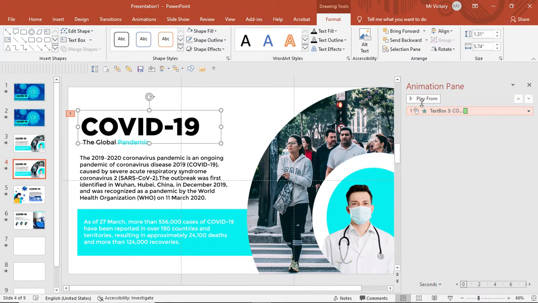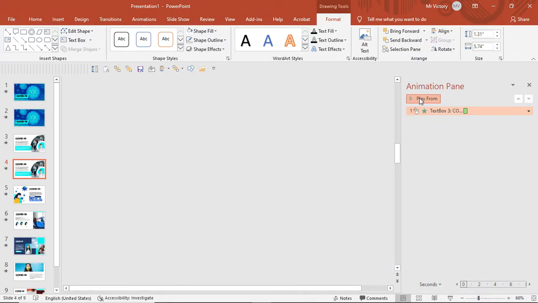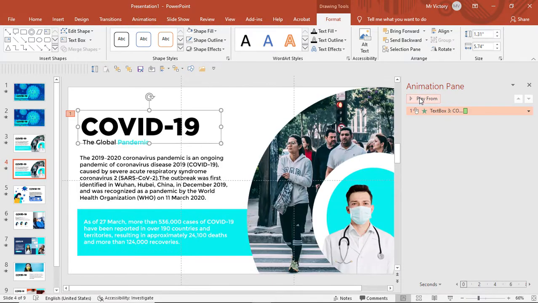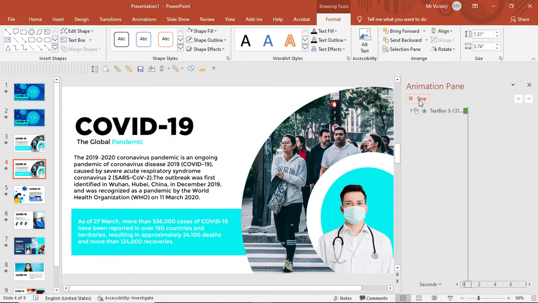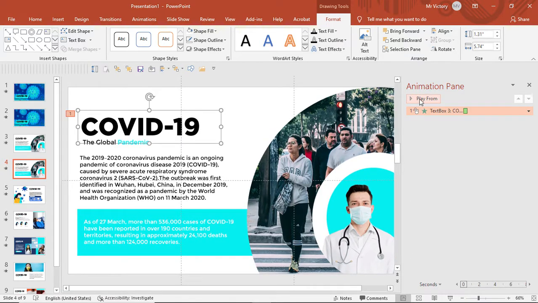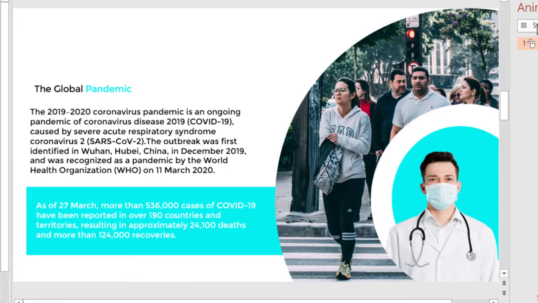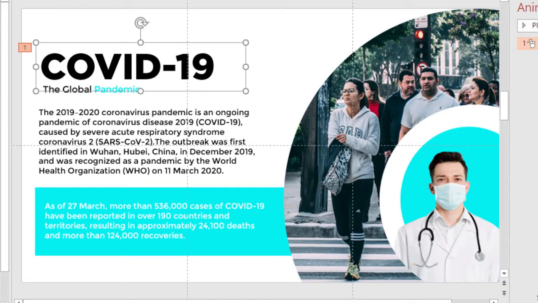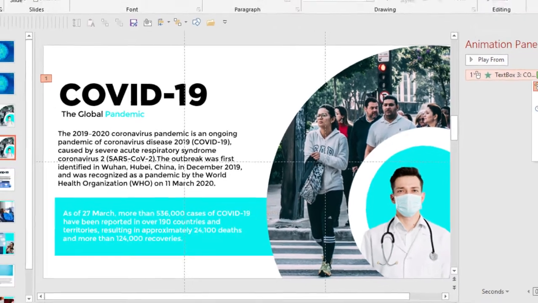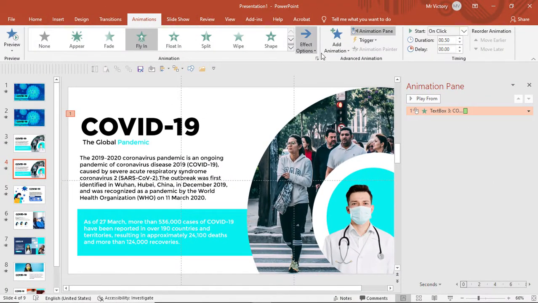So without smooth end, it just comes in fast like this. You could see it's a bit cranky, like it's glitching a little. But when you insert or when you change the effect,